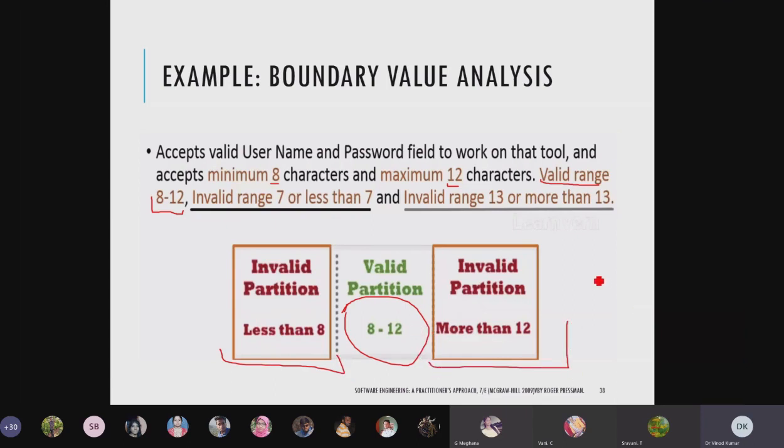If I choose a password of 13 characters, the system should say error, choose a correct password ranging from 8 to 12. And if I choose only 7 characters in my password or ID, it should say choose a password between 8 to 12.